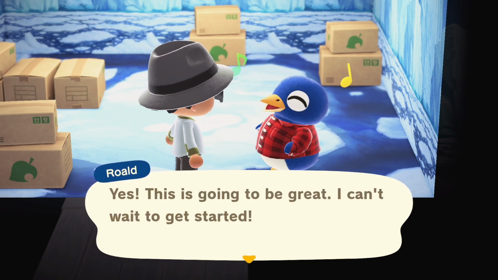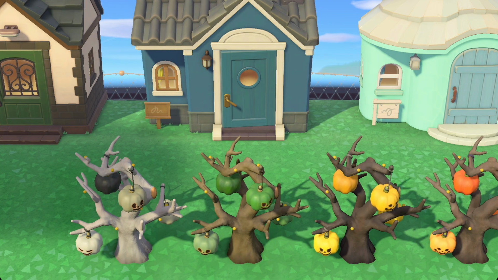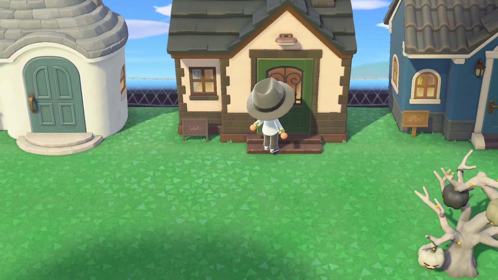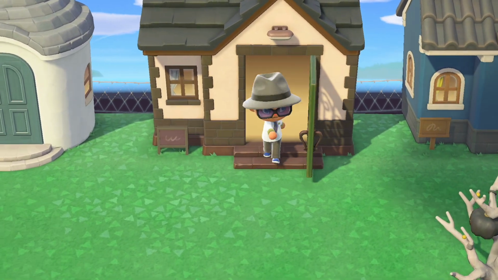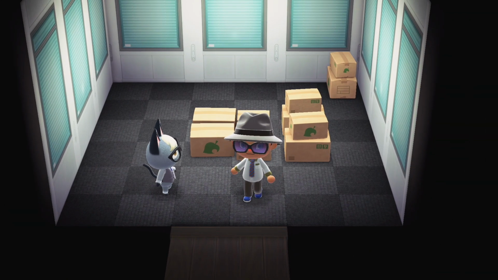And do let me know as well, have you ever done it this way? I normally just do it through Dodo Airlines and mystery flights. And the one question I've got, what do you think is going to happen when it comes to Kapp'n and going on those mystery boat rides? Do you think we'll find villagers that way,